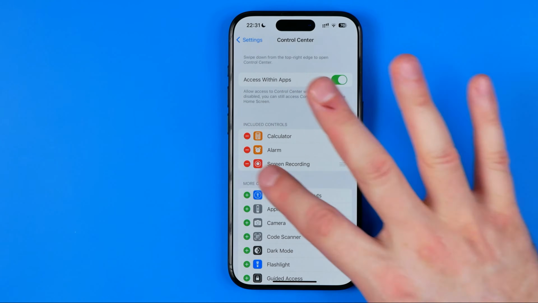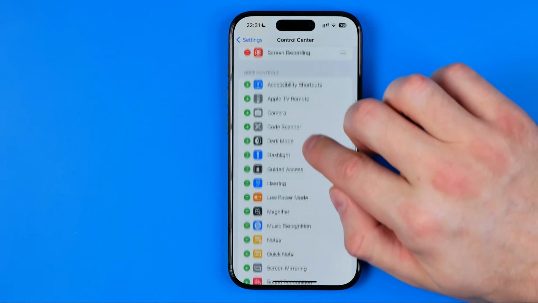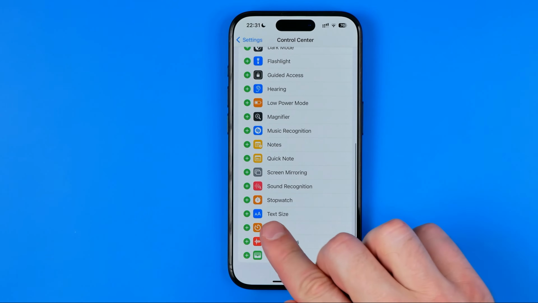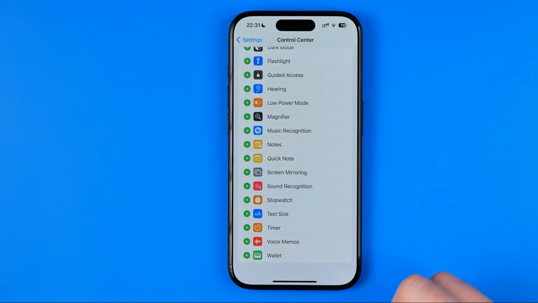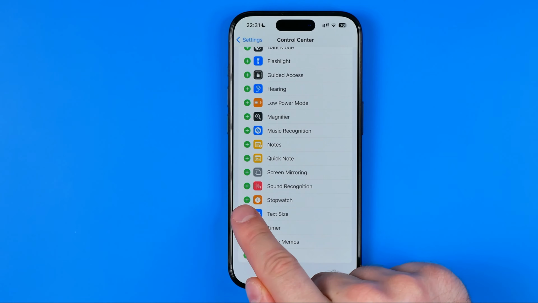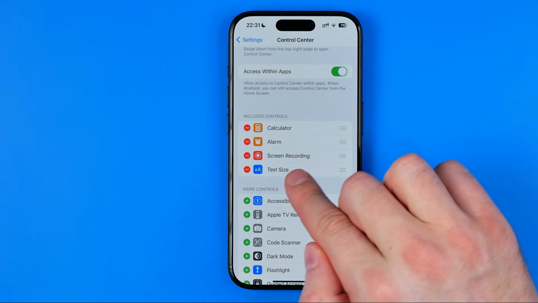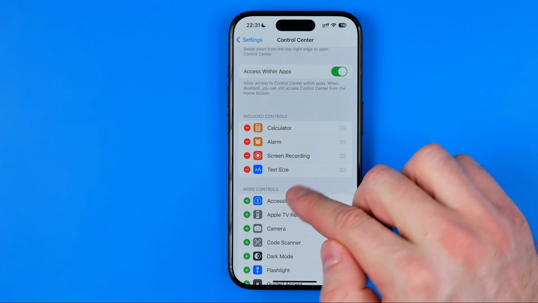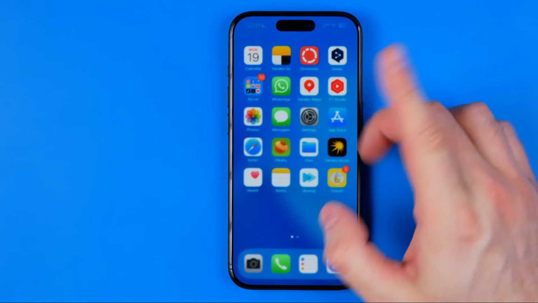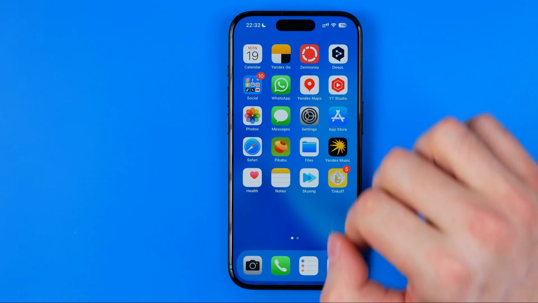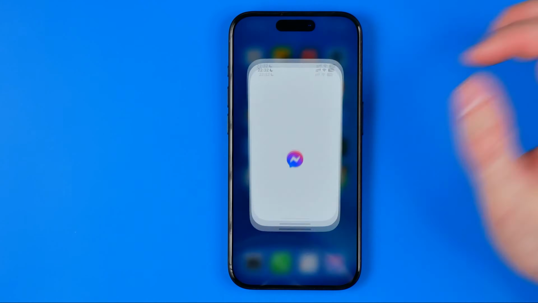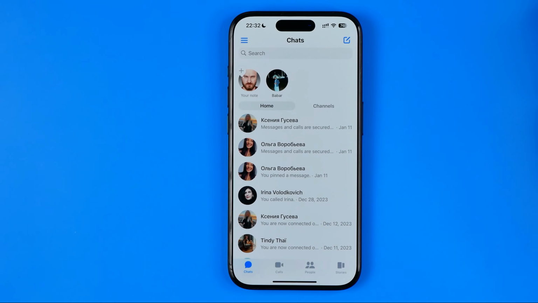If it is not, if it looks something like that, just scroll down until you find text size here in that list and then tap at this plus sign next to it, and it will be immediately added to the included controls. After that, we can hop out settings, and then if we open up Facebook Messenger app, we'll be